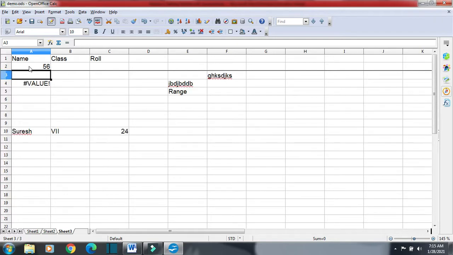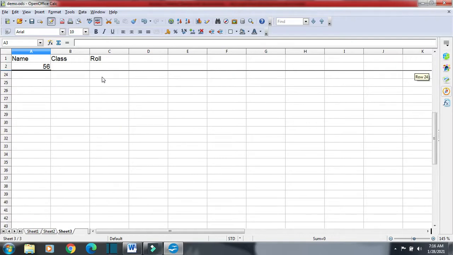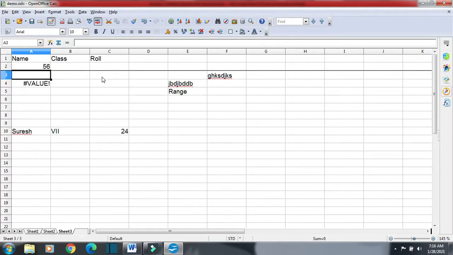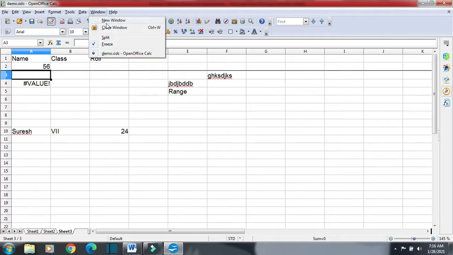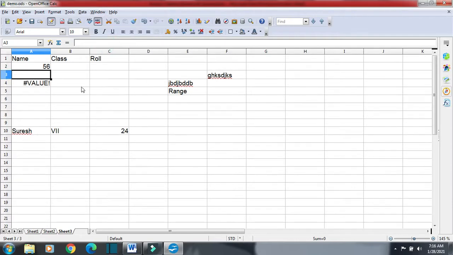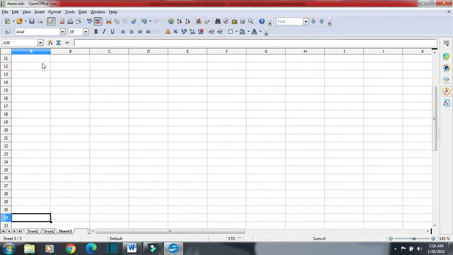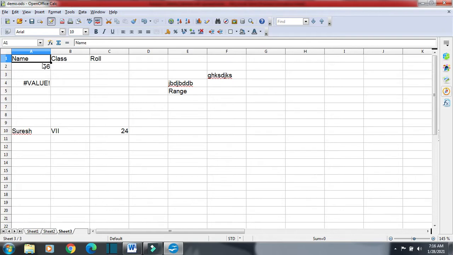Okay, now if I want to release this freeze, means if I don't want to freeze these two rows now, so I will just click on window and then again click on freeze. Now you can see these are free now, these have not been frozen. Okay,